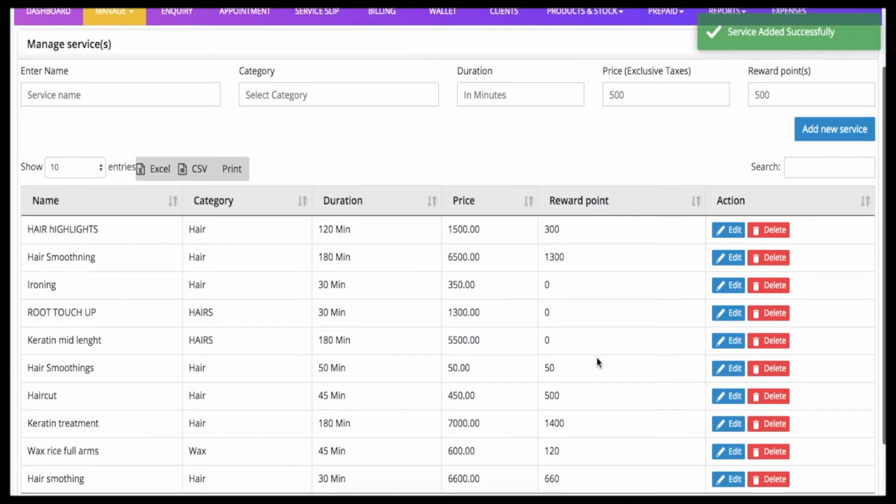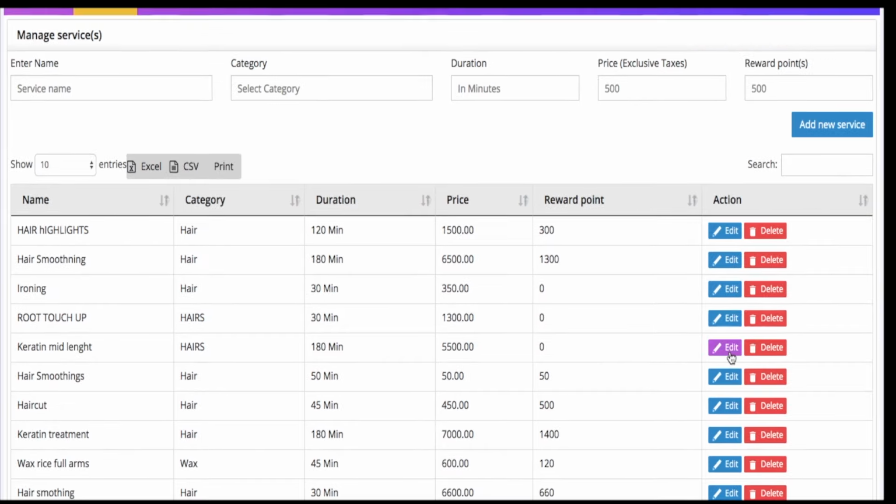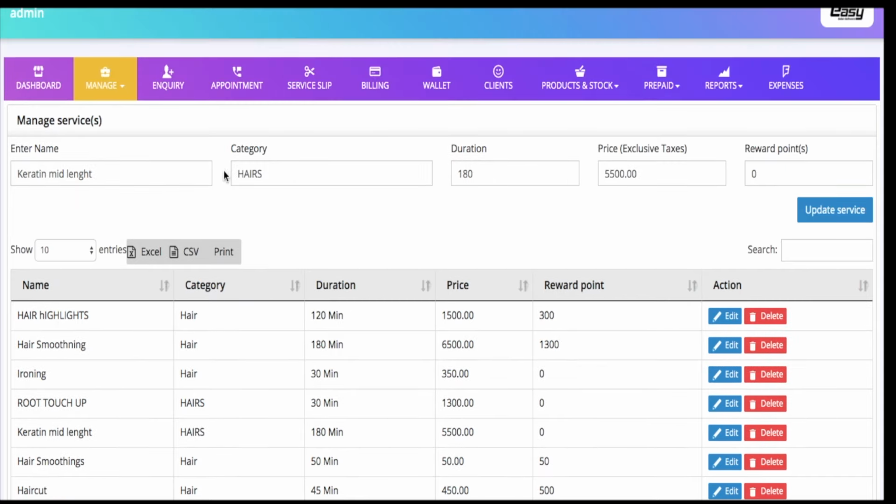Now what if you want to change the price of an already existing service? So all you have to do is click on this edit. So I'm taking this keratin mid length as the service. I click on edit and I get the service here on the top. I already have the prices, so maybe I was selling it for 5500 rupee earlier, but I want to reduce the price and I want to give it as 4500. Also I want to give a discount to my clients, and so reward point here will be maybe 900,